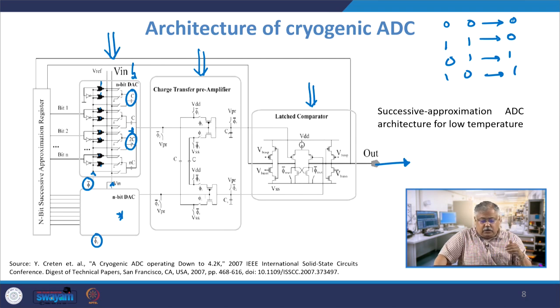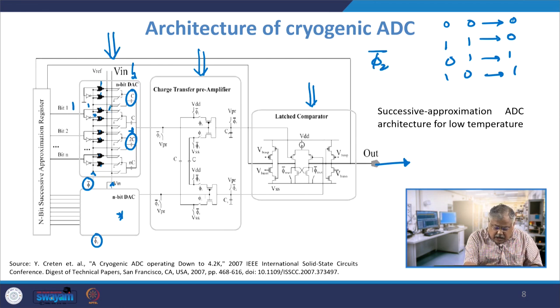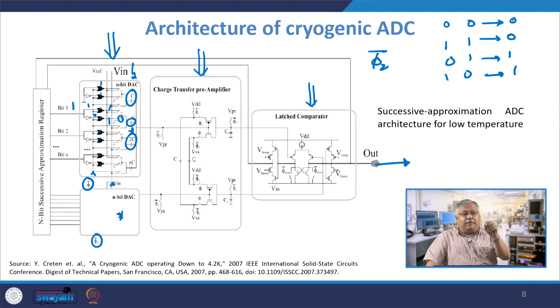So, whenever you have a bit coming here, suppose this bit is 1, then this will be coming as 1, this will be 0, this will be 0, depending on the value of phi 2 bar, this upper one or the lower one will be either 1 or 0. If the lower one is 0 and the switch capacitor network connected here switches on, this capacitor gets charged by that voltage,